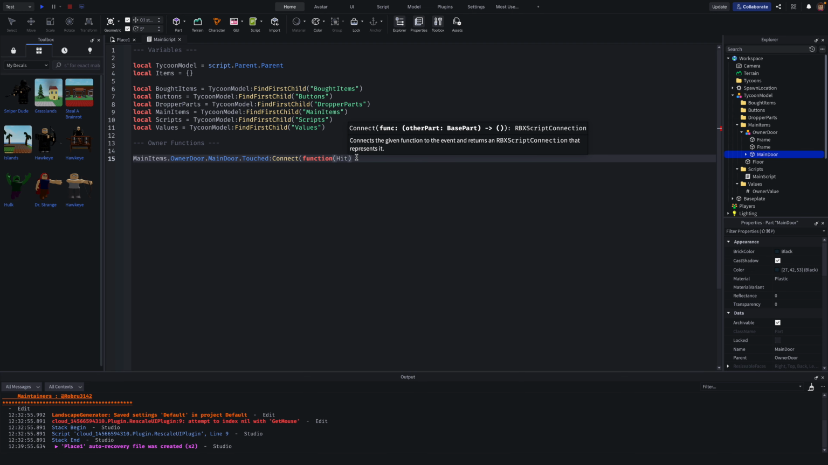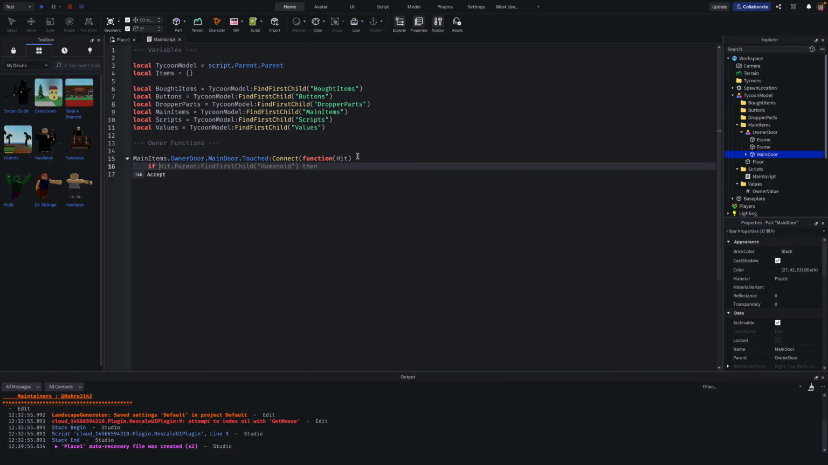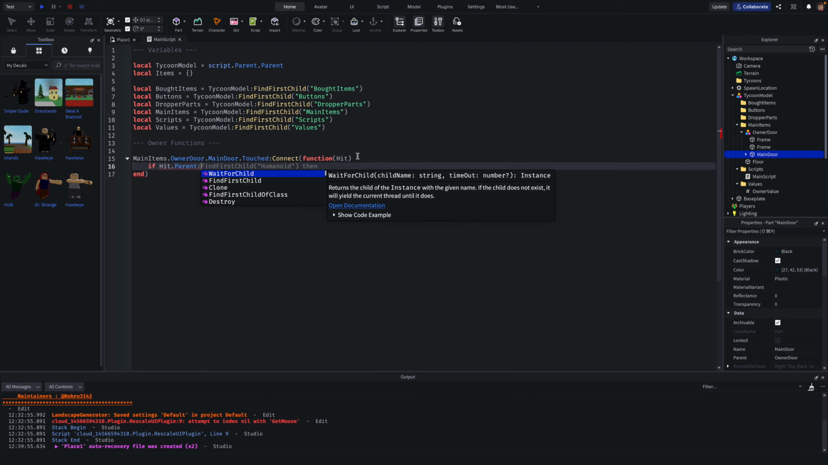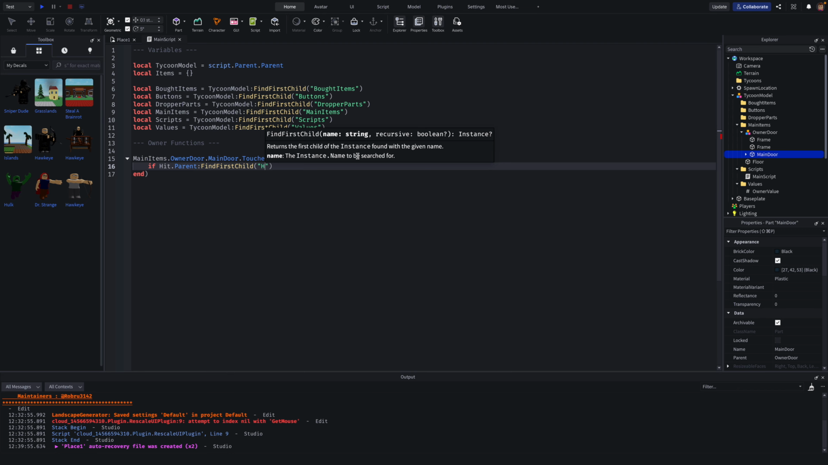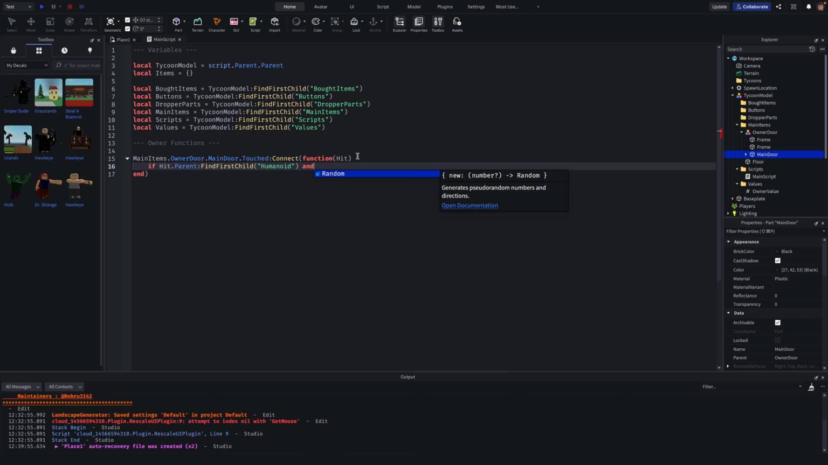Inside we just do hit and make sure it has the uppercase H. If hit dot parent colon find first child, and then in parentheses and speech marks, humanoid, out of the speech marks, and values dot owner value dot value equal to nil, then